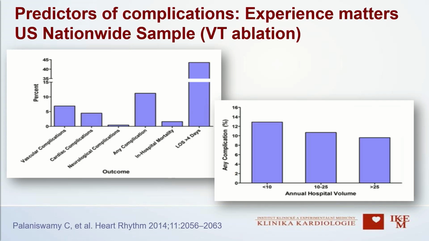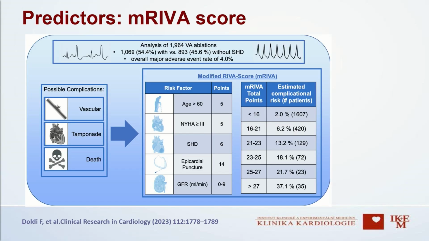So if you look at what might be predictors, of course, the volume matters. This has been shown for AF ablation as well as for VT ablation, as you can see here. The more you do, the lower complication rate you can expect. There are some attempts to analyze large cohorts of patients. This is from Germany, a recent study,